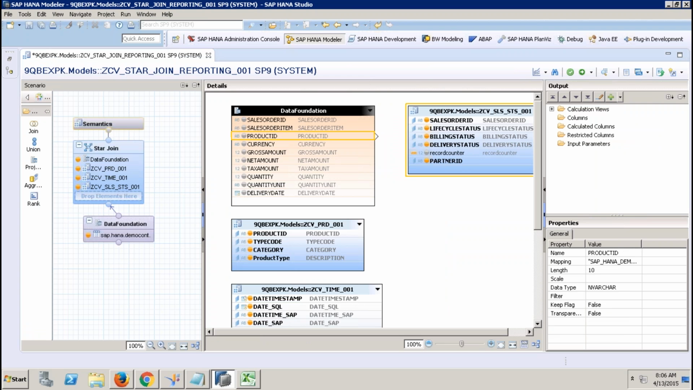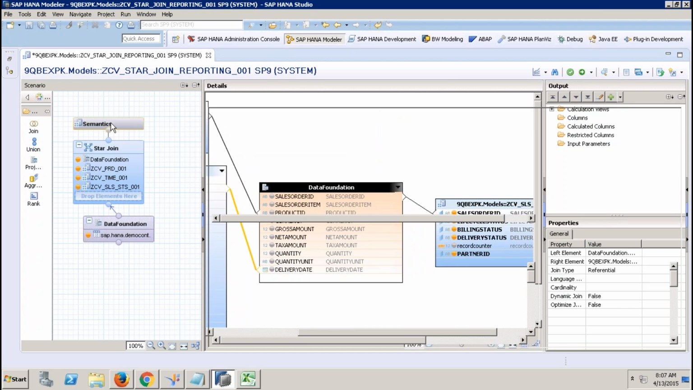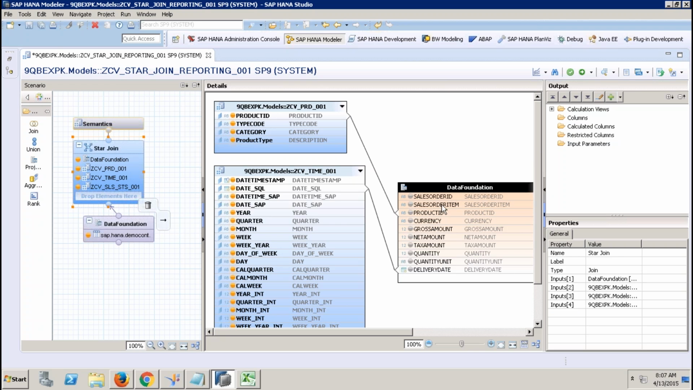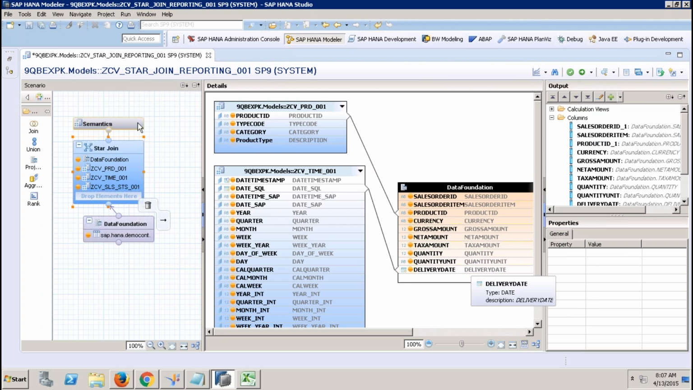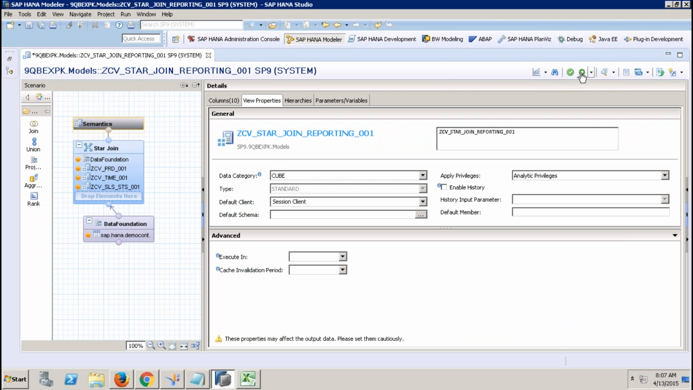So I can say product to product ID, sales ID to sales order ID here, and then date to date SQL. Now I have the star schema. Okay, auto assign measures is fine, and then activate the cube, I can start doing reporting. But one point now,